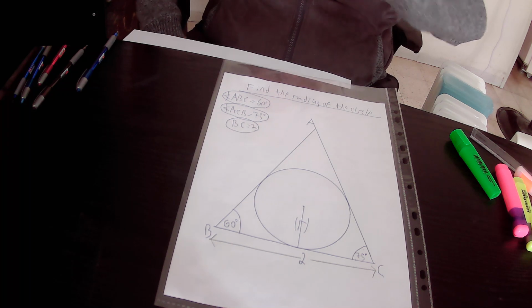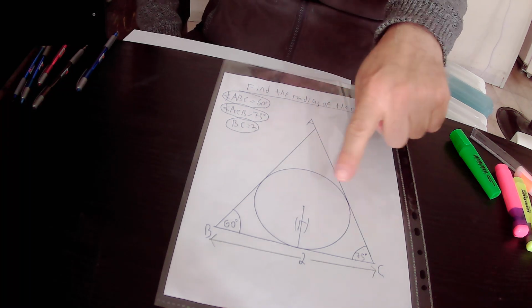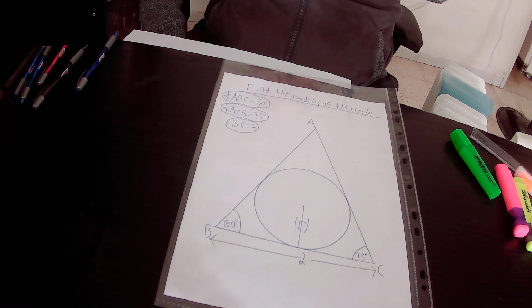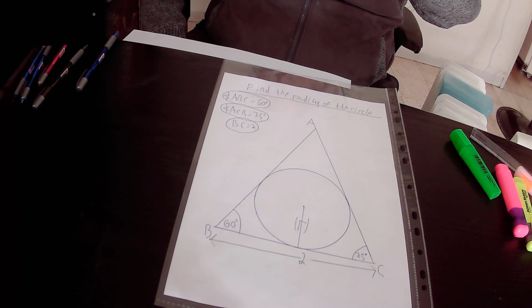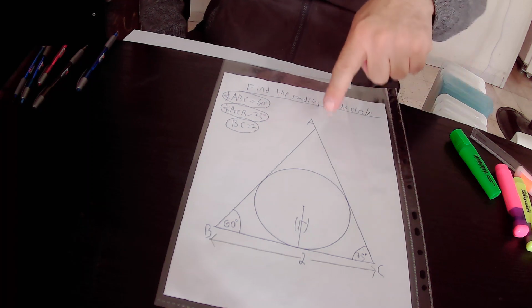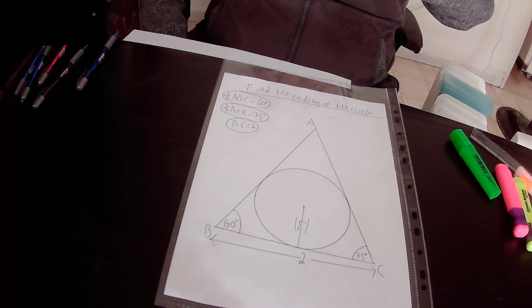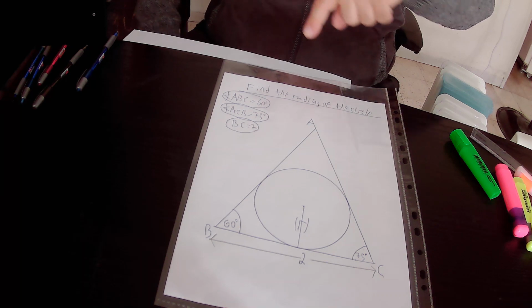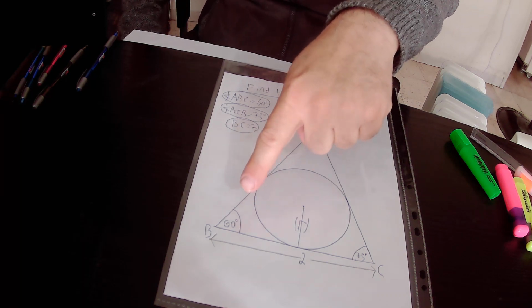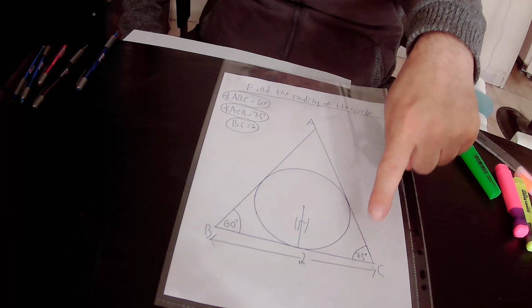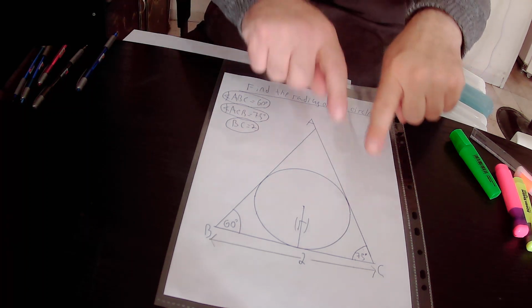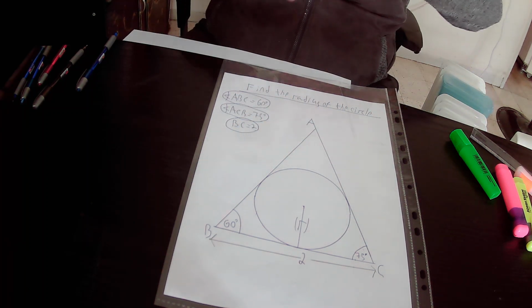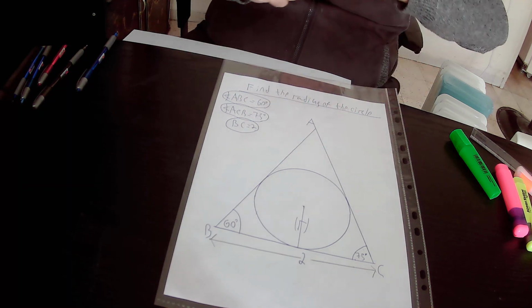In this lecture we found out the radius r of this circle. In the drawing we have triangle ABC that blocks this circle, or the circle is inscribed by triangle ABC. In addition, we know that angle ABC equals 60 degrees, angle ACB equals 75 degrees, and side BC equals 2 units. Again, our mission is to find out the radius r of this circle. So in the first method,